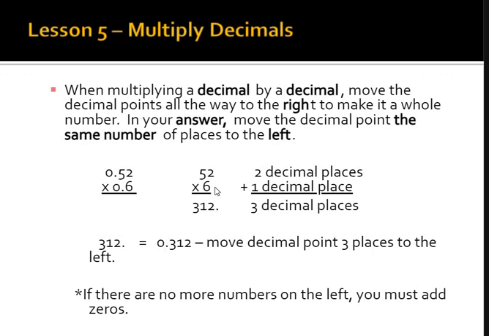So as you can see here, you just move from right to left. Count how many digits are to the right of the decimal points for both decimals: 1, 2, 3, 3 digits. So we move 3 places and put the decimal point. If there are no more numbers on the left, you have to add